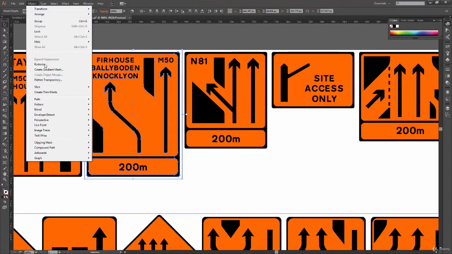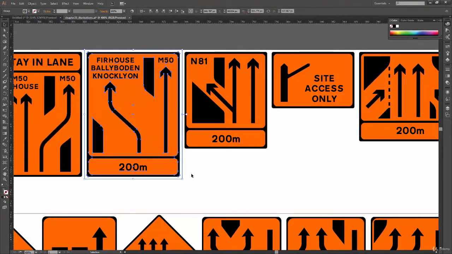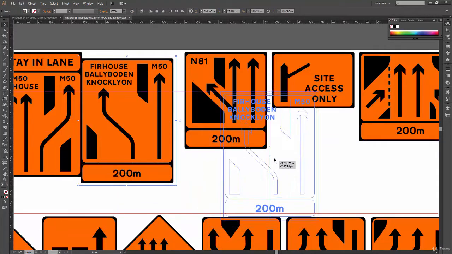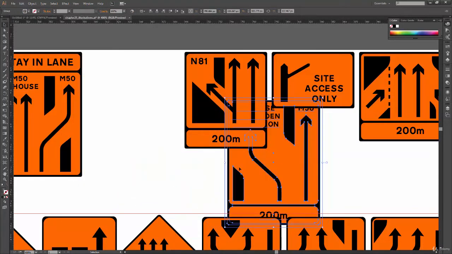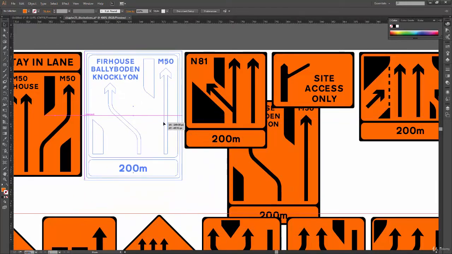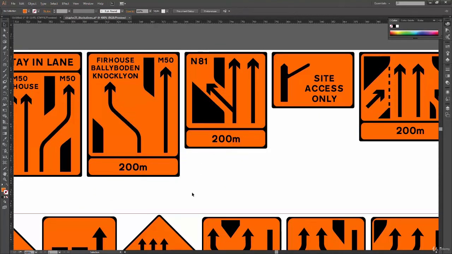So I will use Object and Group, and you won't notice any difference, and Illustrator won't show anything that it has been grouped or not. The only way to check it is to release your selection, then click and drag to see whether things are grouped together or not. Now here I have released my shape again, and this time I can just select this shape and reposition, and that makes it really convenient for me to work around with multiple shapes.